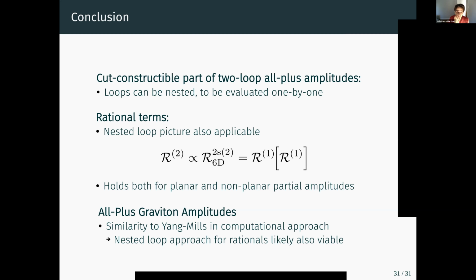Mm-hmm. So actually with David, we wrote the cut-constructible parts, I think it's everything except for these rational terms that you're trying to determine. We did a calculation at 4 points and they were not there. In a sense, it's simpler than gravity because it has Yang-Mills power counting, and it's also a little bit simpler than Yang-Mills because supersymmetry buys you that you don't have certain classes of diagrams. So it should be nice to see if your techniques can apply to that case and to see what